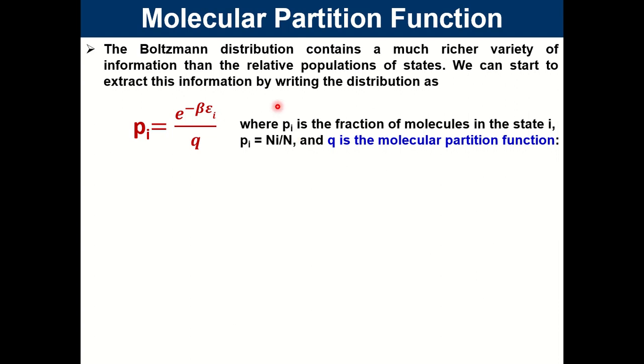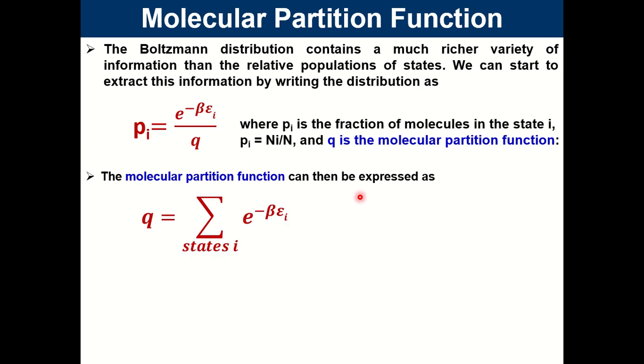So the Boltzmann distribution contains a much richer variety of information than the relative population of states. Now we introduce a new concept here that is called the partition function. It is related to the Boltzmann distribution, as we have seen, the expression e to the power minus beta epsilon i that we stated earlier, and pi here is the fraction of molecules in the state i, given by Ni by N,